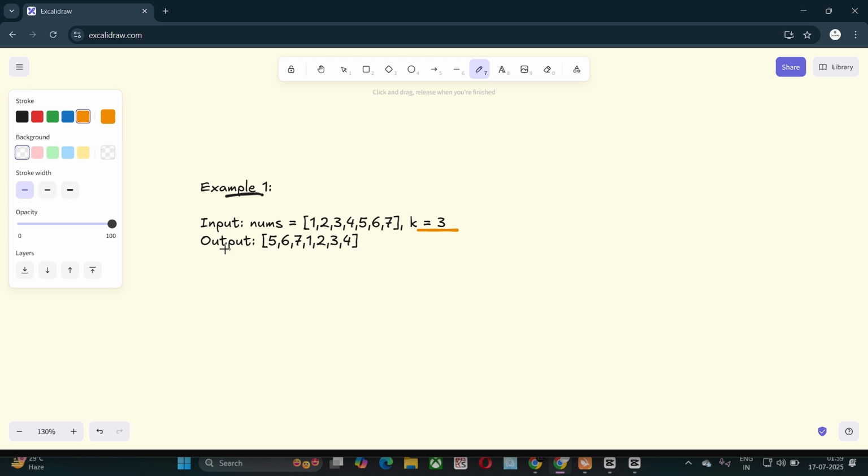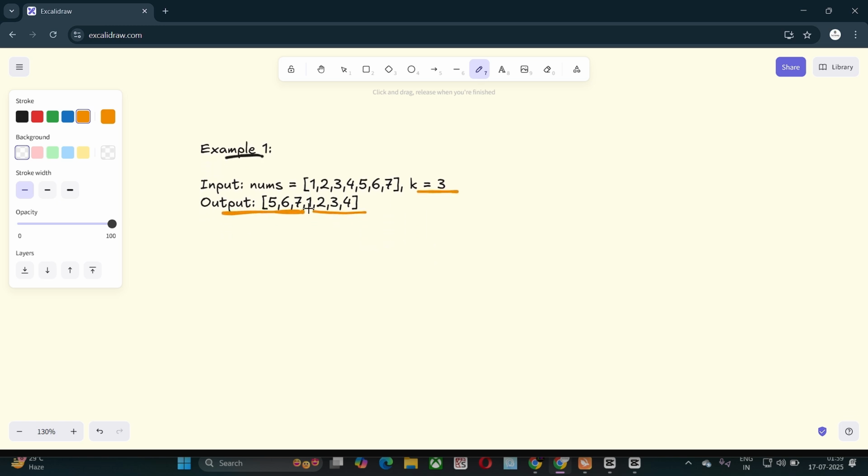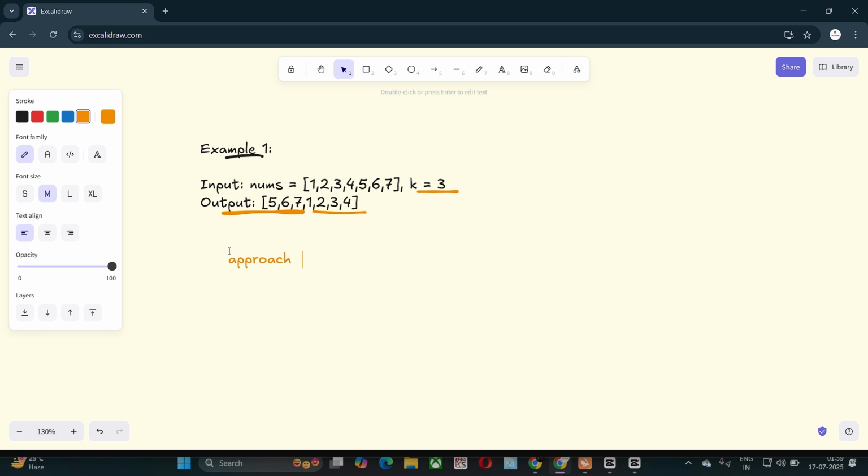So how will we solve this? Let's discuss the approach. First of all, we need to understand what k is. k equals 3 means we rotate only 3 elements.